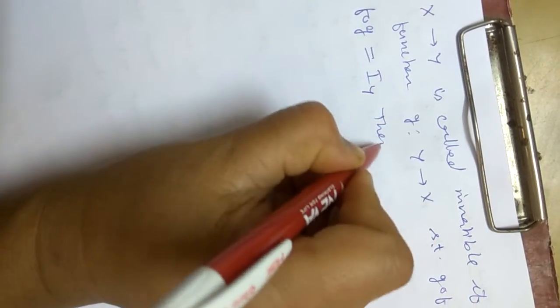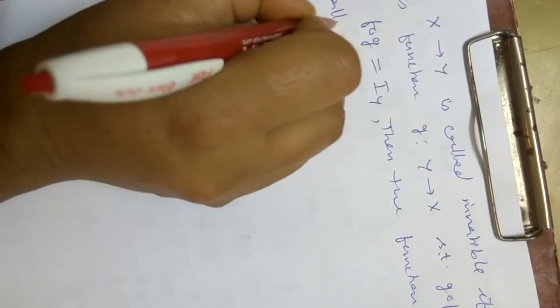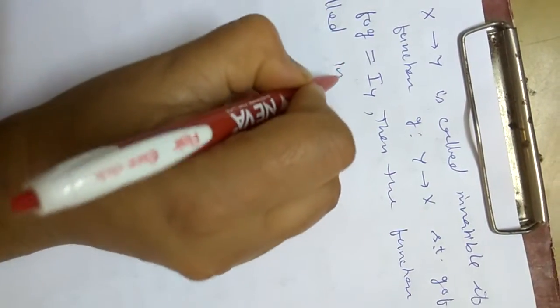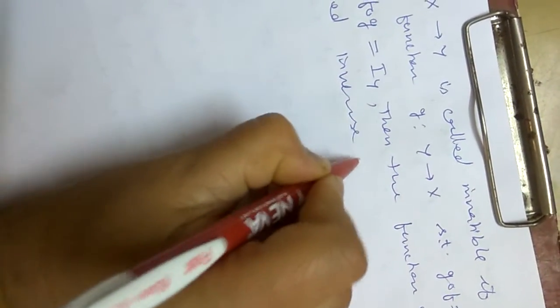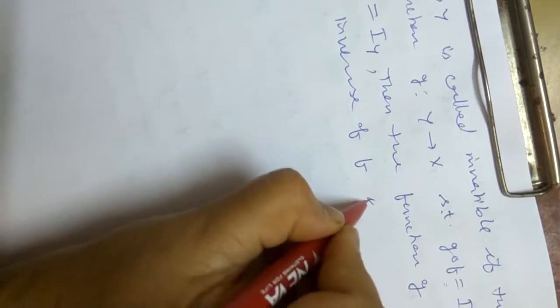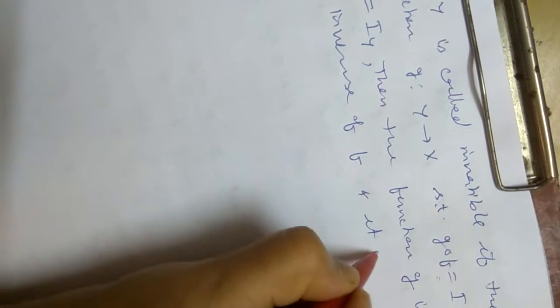Then the function g is called the inverse of f, and it is denoted by